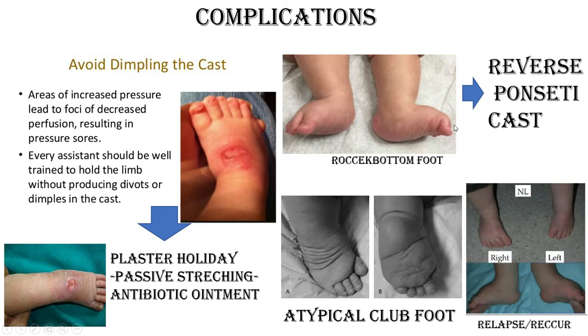And regarding rocker bottom foot, one or two words. If it is present from birth bilaterally, the most common association is Edwards syndrome or Turner syndrome. Second, it may be present from birth due to congenital vertical talus. This is the most common presentation of rocker bottom foot. Congenital vertical talus means the talus is generally kept at a 45-degree angle. But if it is present in vertical position, then the medial arch of the foot will be reversed. As a result, this is called rocker bottom foot.